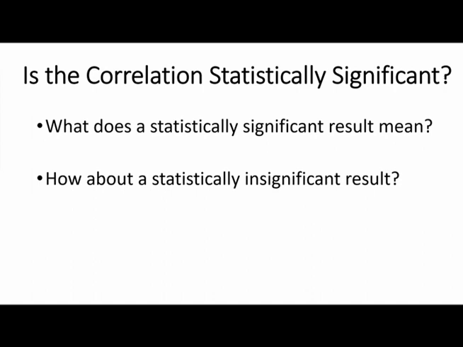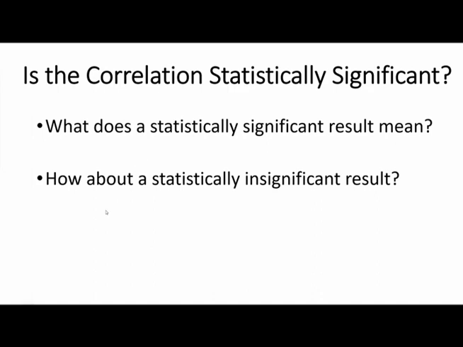So if we've calculated a probability estimate, or a p-value, which we've talked about before, and that p-value is very small, and we've said the cutoff is usually 5%, so a p of 0.05 or smaller, then we're saying that it's very unlikely that the result that we found, that the association that we found, actually came from a population that has no association. So if we got an R value of 0.2,